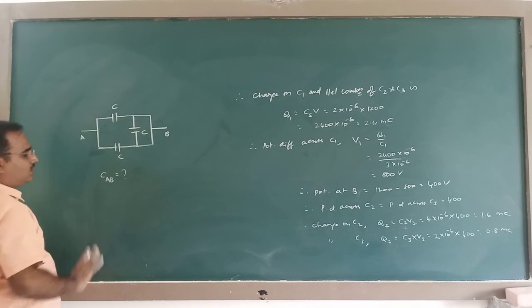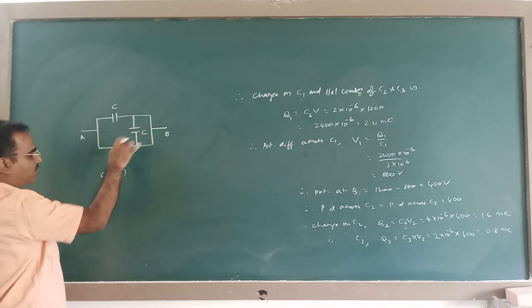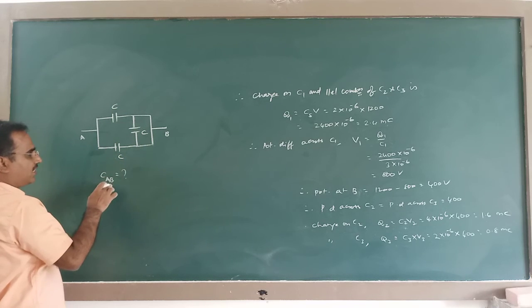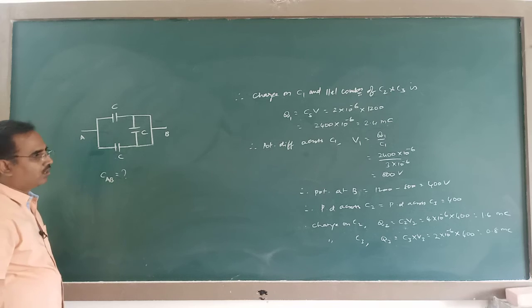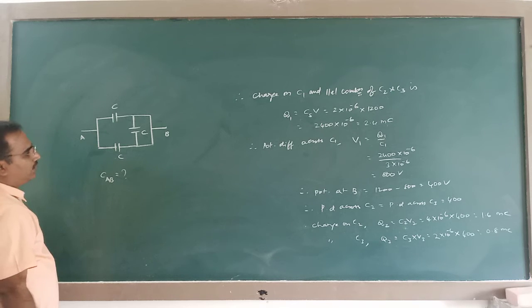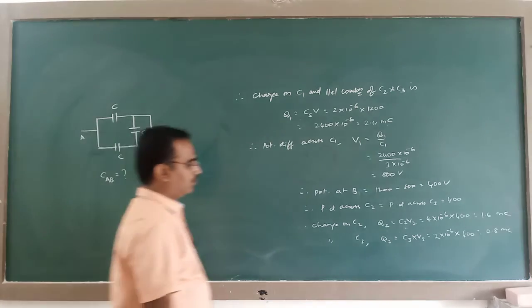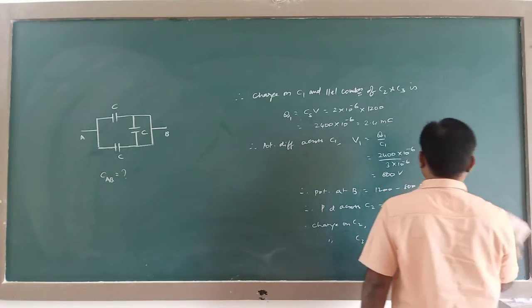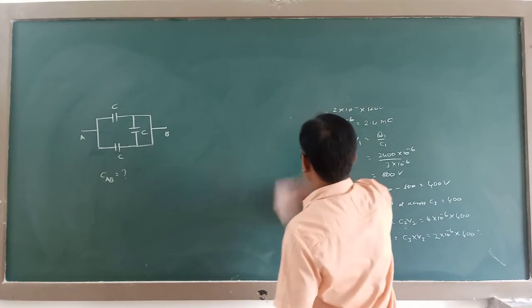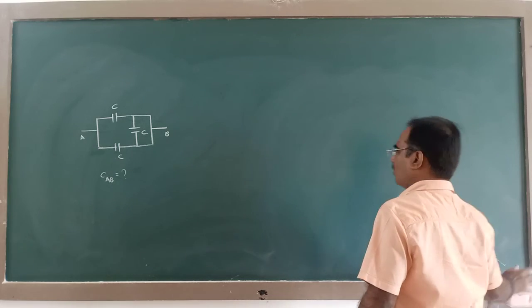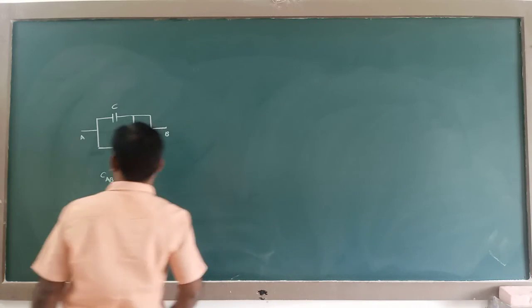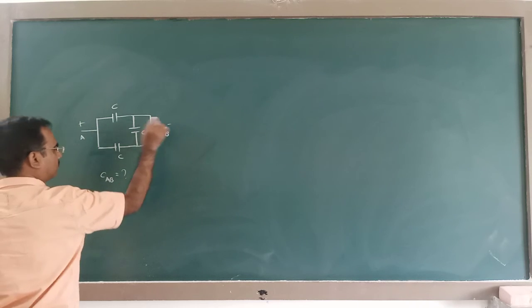There is a network like this. Each capacitor is of capacitance C. What is the effective capacitance across AB? See, when this type of circuit is given, if I apply a potential difference across AB like this,